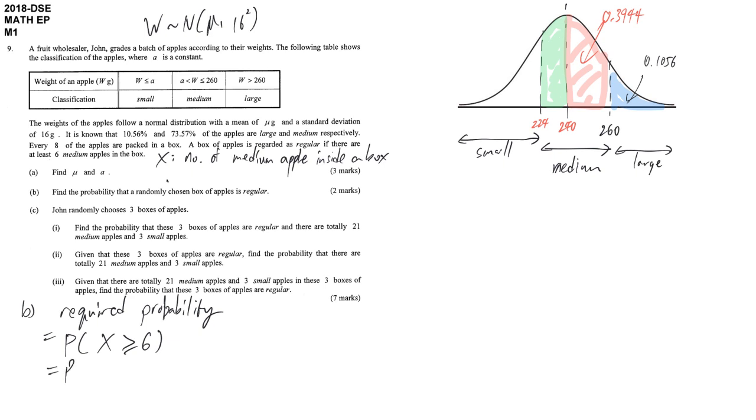That means we have 3 cases: x equal to 6, x equal to 7, or x equal to 8. And x here follows a binomial distribution. We repeat the same thing 8 times, and every time the chance of getting medium is